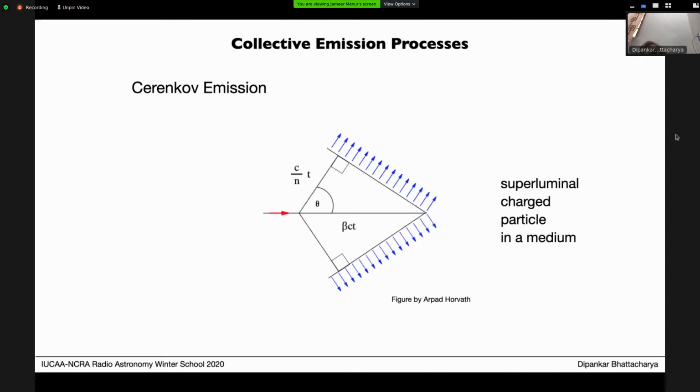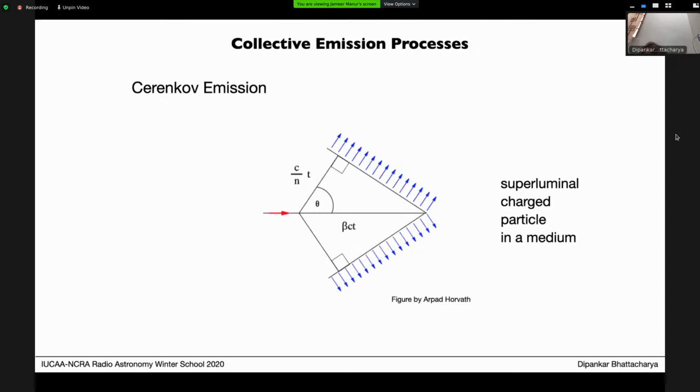If such a thing happens, then it leaves a kind of shockwave-like wake behind it, and all the charged particles which have been disturbed by this motion act collectively and produce a radiation called Cherenkov emission. This is a superluminal charged particle in a medium producing Cherenkov emission, and this Cherenkov radiation created in our atmosphere